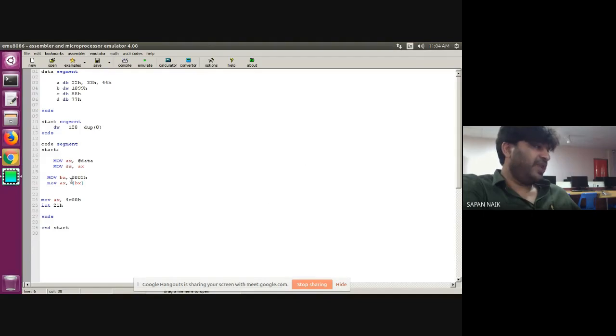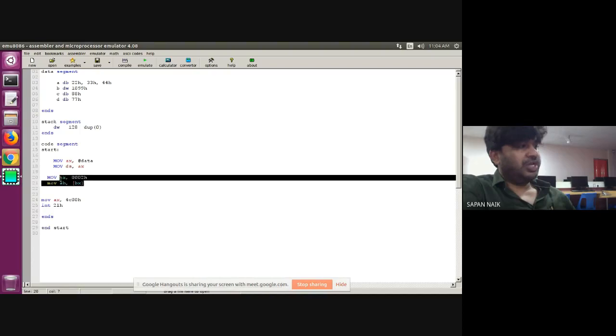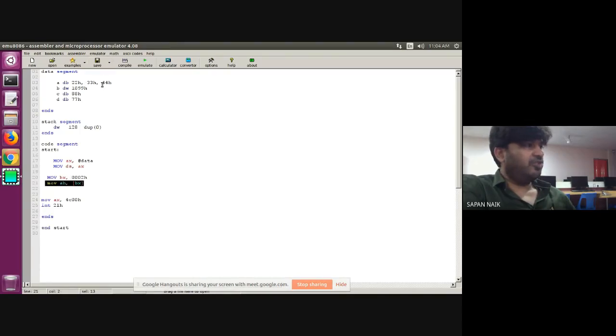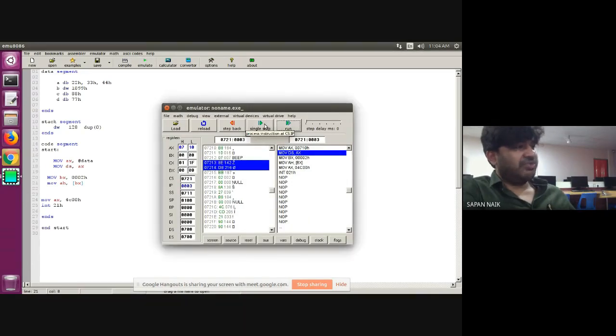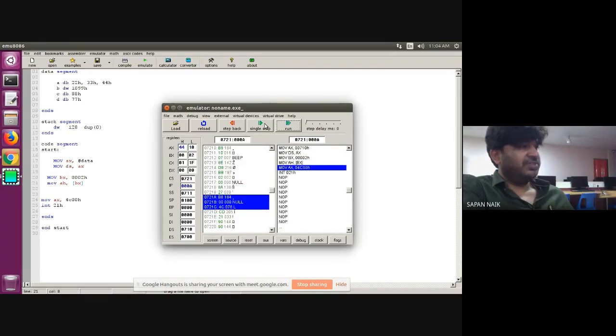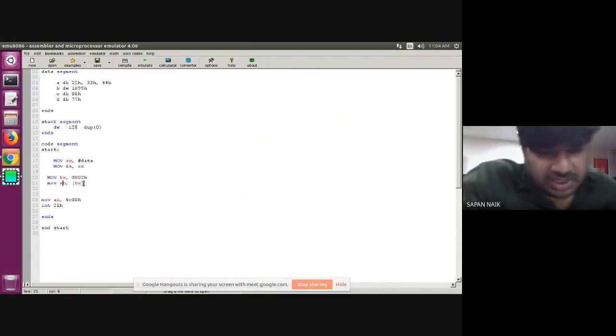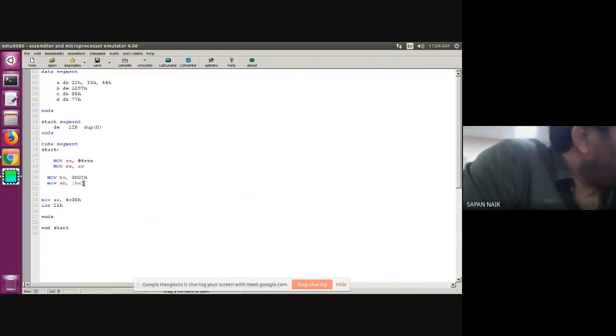But if I write only MOV AH, [BX], only 8-bit data will get transferred. So only 44 will get transferred into the AH register, and the AL register will remain as it is. Whatever was there earlier will remain. So 10 will be there in AL, and it will remain as it is till the end. Next step. See, AH is containing 44, AL remains as it is. This is what happens in the background if you are directly dealing with registers. Clear? I hope the meaning of square bracket is clear.